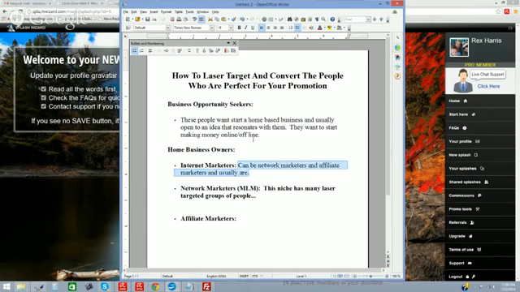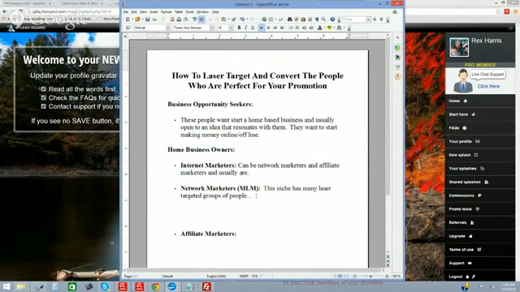Within the world of network marketing, we have all of these different business opportunities, and each business opportunity, oh, my keyboard is driving me nuts. Each business opportunity is also a target audience. Okay, so network marketers might be the generic term here, okay? When we get into talking about